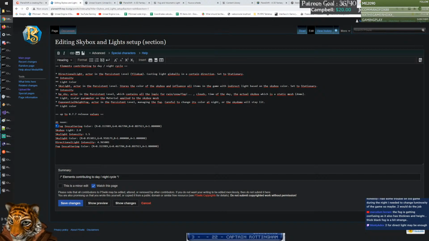So at noon we have this. So we have an in-scattering color of the fog. Well, the fog is the one that we cared the least about, but anyway,